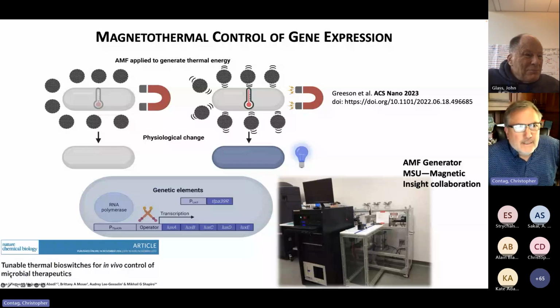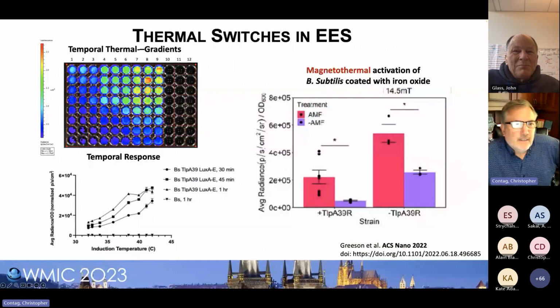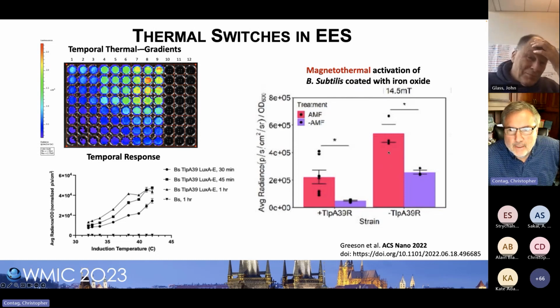And here's an example of that, just these magnetotactic bacteria in a 96-well plate on a thermal cycler, showing that with time and temperature, you can turn the Lux operon on, and then we can do the same thing with alternating magnetic fields. If you warm them up with a magnetic field, you turn on the Lux operon relative